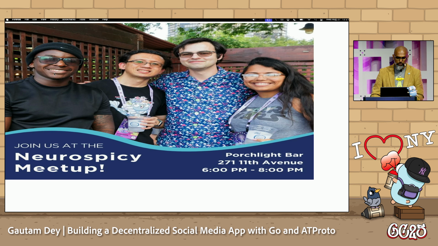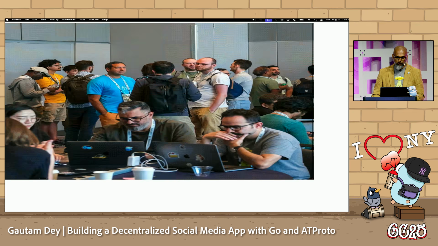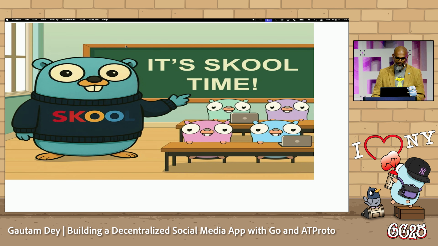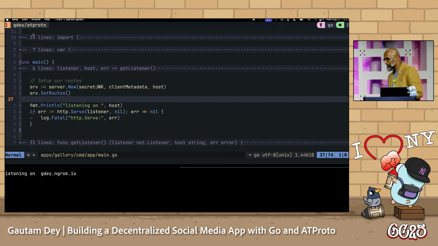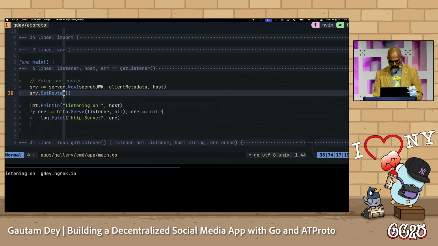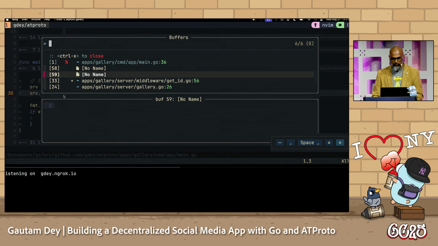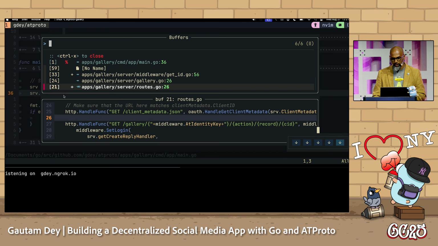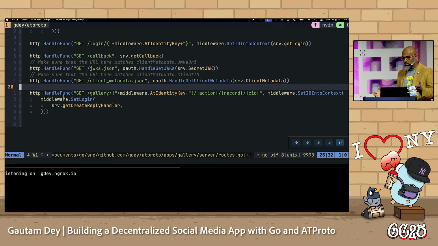All right, so how do we build this cool little app? Here's the main. I'm using standard HTTP for this, no fancy Echo or anything like that as I would do. Just wanted to show that off. You can do all of this very easily using just the standard Go library, with the newer HTTP functions that allow you to do GETs and whatnot.